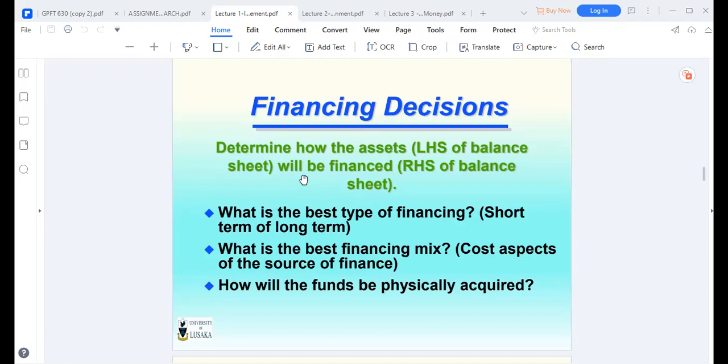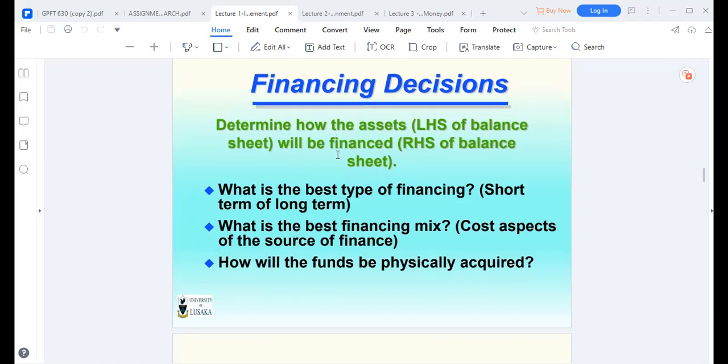And of course, each of these financing decisions will have a cost. So you as a financial manager, you need to look at the cost effective or the most appropriate at that point, and also how the funds will physically be acquired. So you must also understand that the owners of the business usually live in antagonism with the runners of the businesses, who are the managers. As much as the owners, who are the shareholders, want to have a return, which is called a dividend, the managers of the business would want to use internal capital, which are called retained earnings. And so these decisions will now need to be made